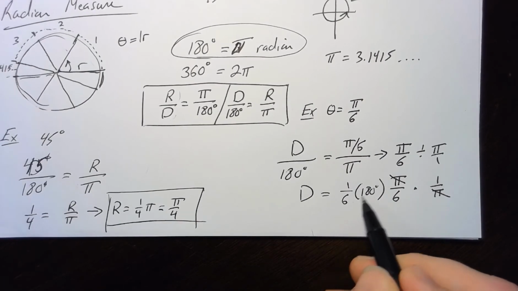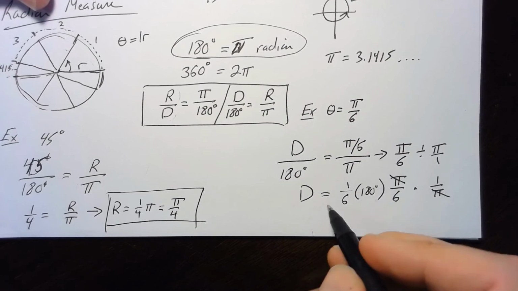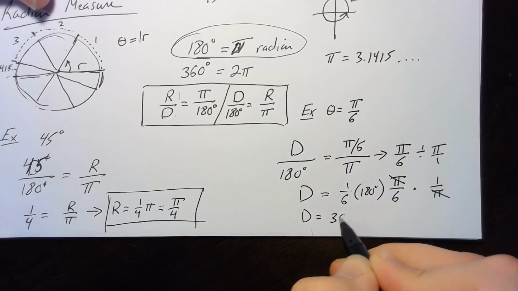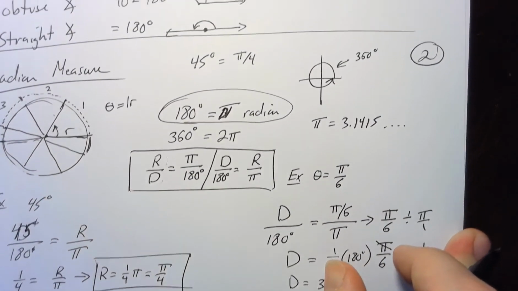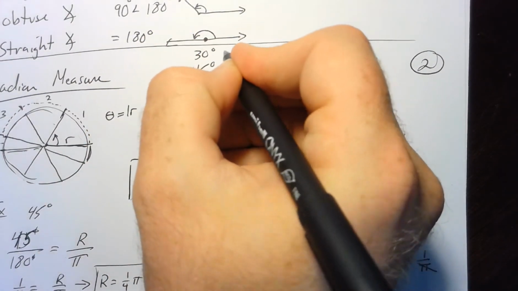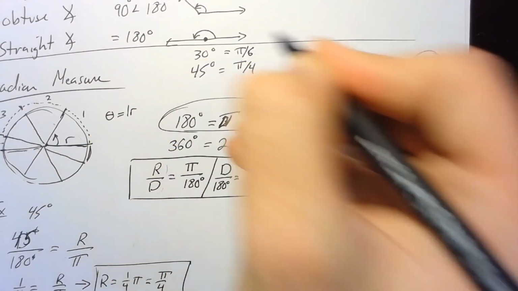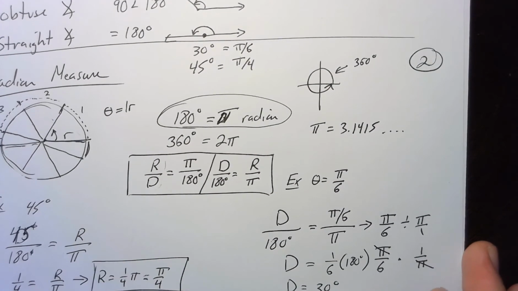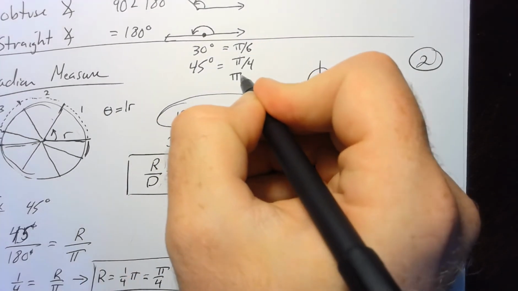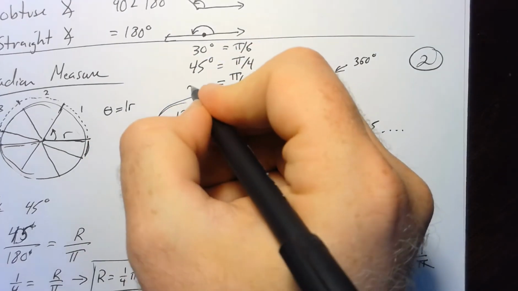So in this case, if I take 180 degrees divided by 6, I'm going to get d equal to 30 degrees. So another important unit of measurement that we use commonly is 30 degrees, which is simply pi over 6. If you were to do this for one more important measurement, that important measurement is pi over 3, and pi over 3 is simply 60 degrees.